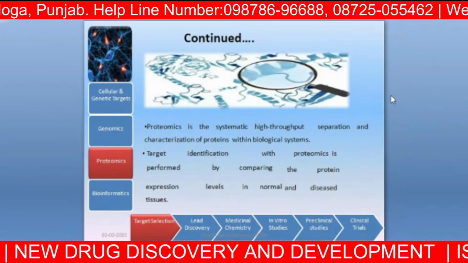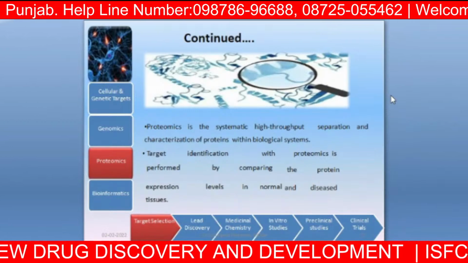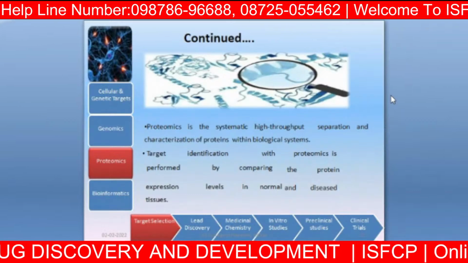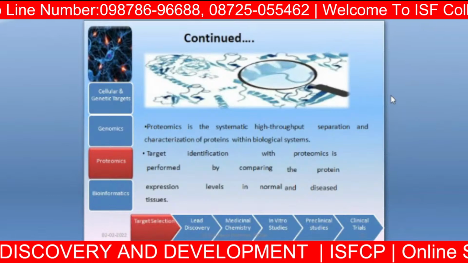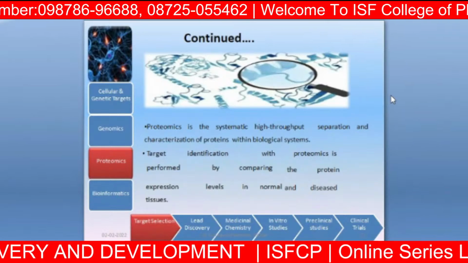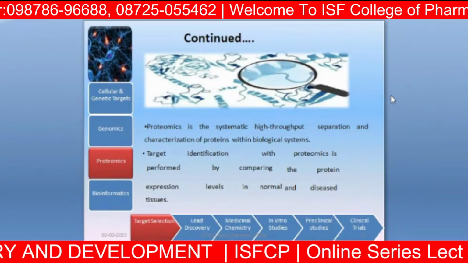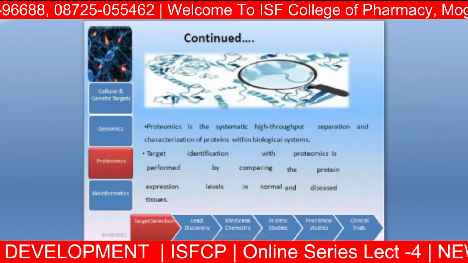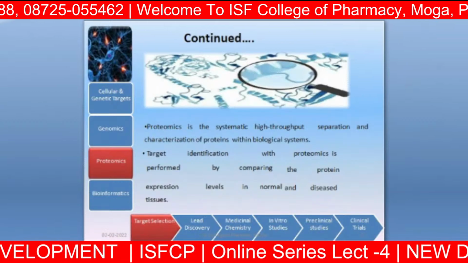So how can we confirm this? We have to evaluate the basic effect in the normal state, in the case of proteomics, and what changes are observed after the onset of the disease, that is, during the formation of that disease. So the basic involvement of proteins can be identified by this method.